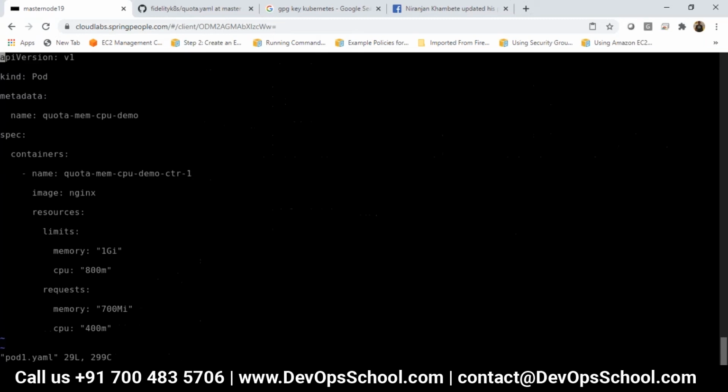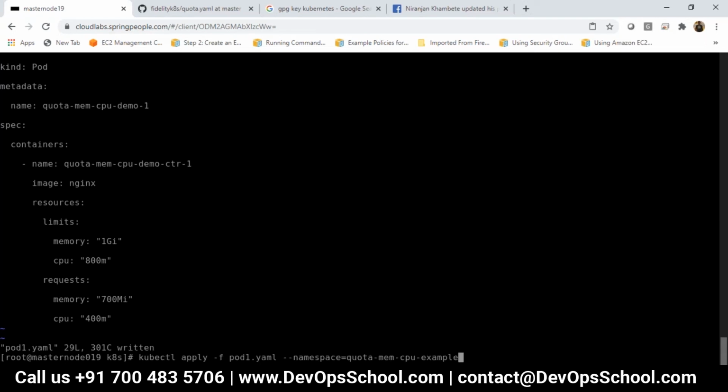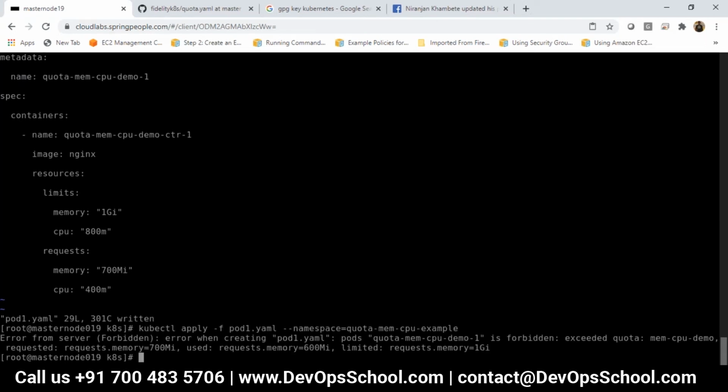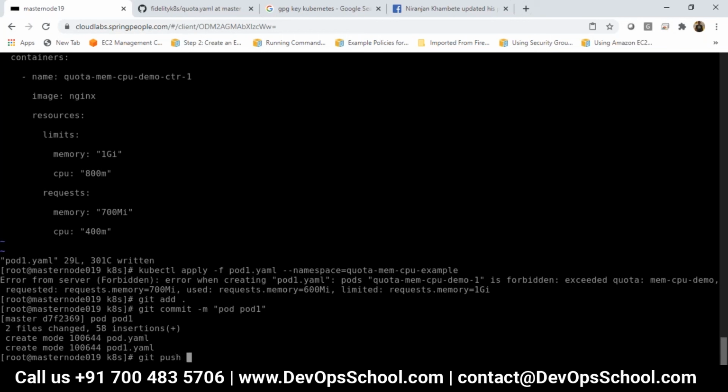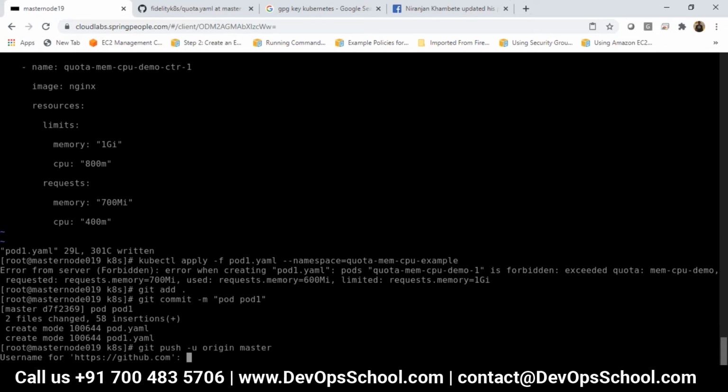Here also there are 2 different pods, 2 different containers. git add, git commit -m pod and pod1, git push -u origin master.